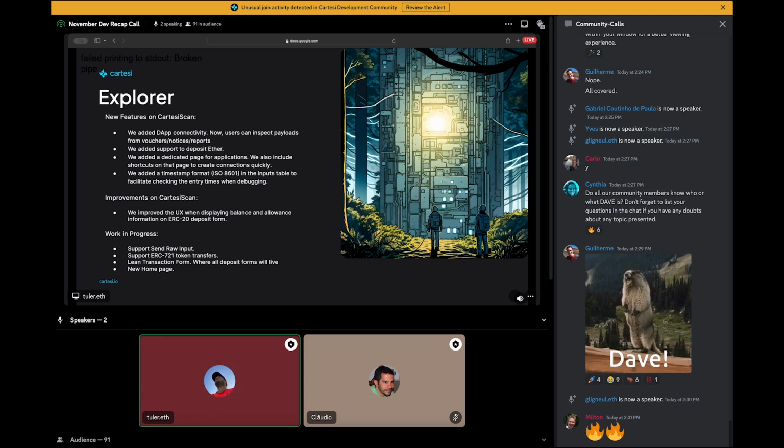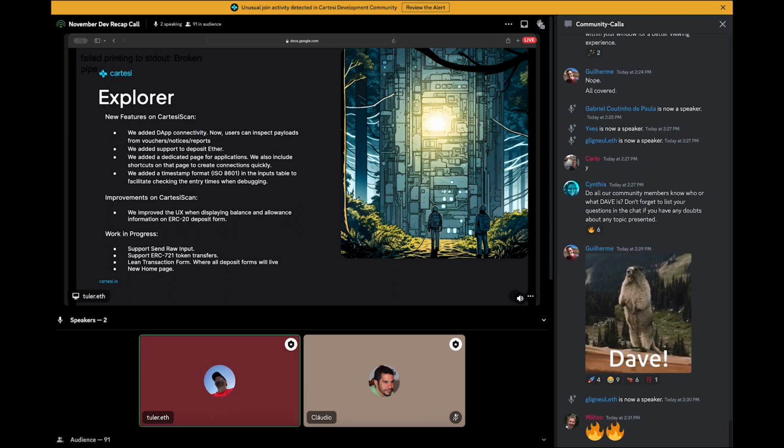There was a column showing the timestamp of the input. We now have an option to see the exact timestamp in addition to the age of the timestamp, and a few improvements to the UX of the ERC20 deposit forms.